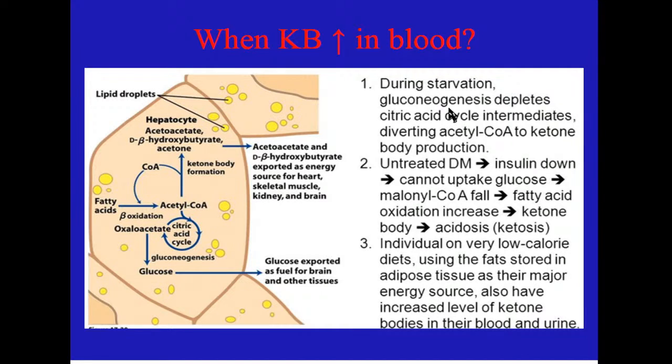Gluconeogenesis, if you remember, starts from the formation of oxaloacetate and then conversion of oxaloacetate to phosphoenolpyruvate. So oxaloacetate is the first metabolite of the citric acid cycle. The first reaction, if you remember, is the citrate synthase reaction, condensation of oxaloacetate and acetyl-CoA with the formation of citrate. So when gluconeogenesis is started during starvation, the velocity of the citric acid cycle is decreased a little bit due to the decreased concentration of oxaloacetate. Look here at the scheme.